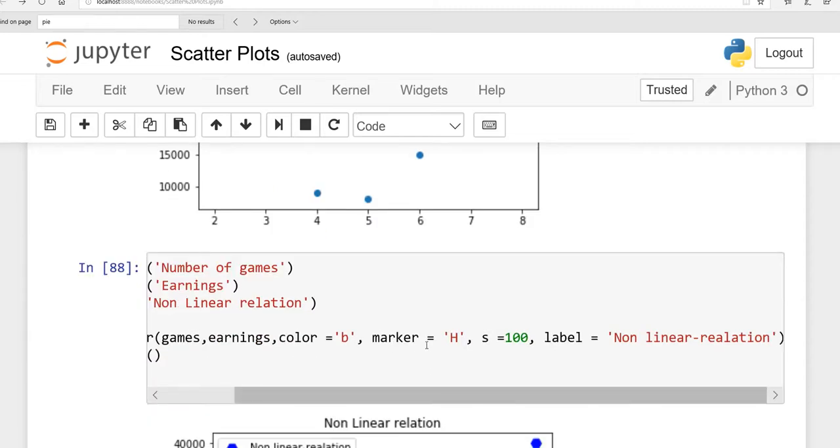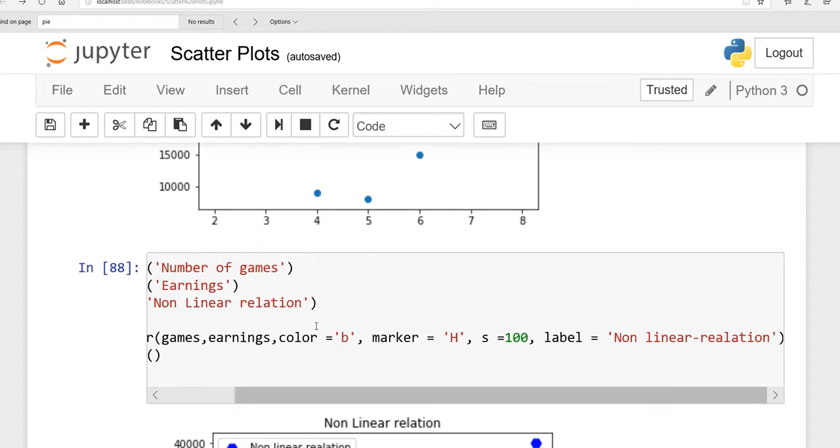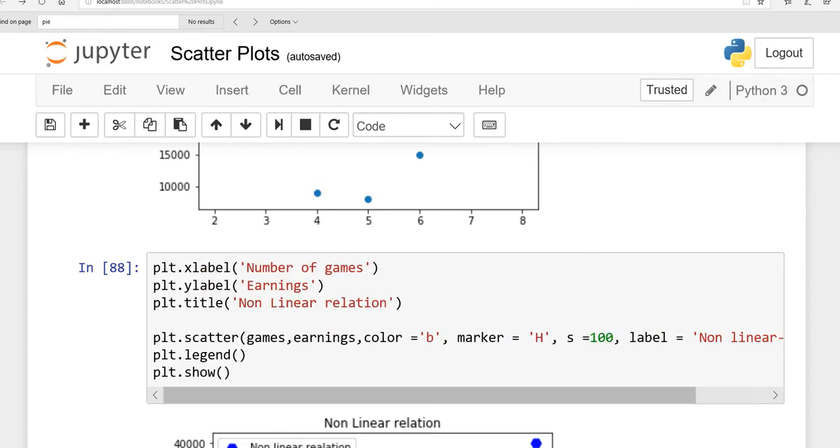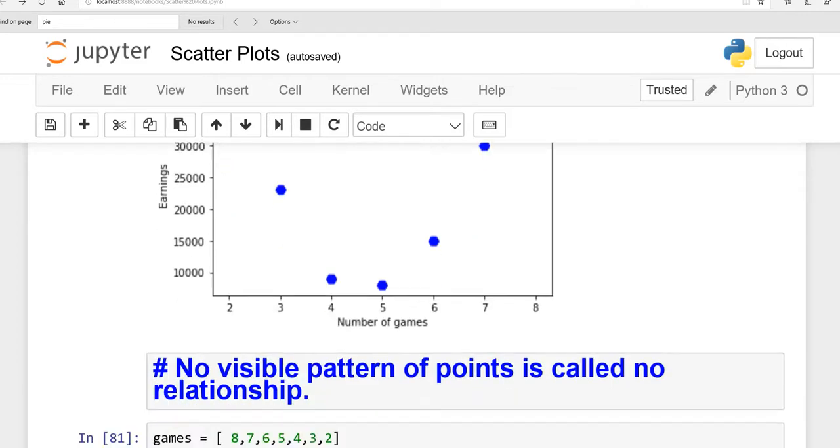Here I say my marker should be H and size should be 100. Label, non-linear relationship. When I run this, you will see our shapes are now in this. This is for H.